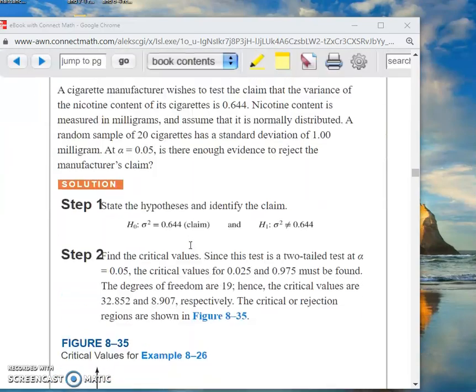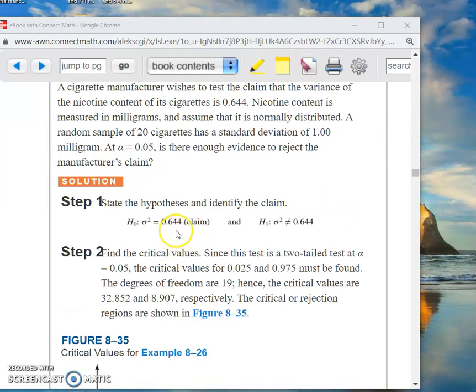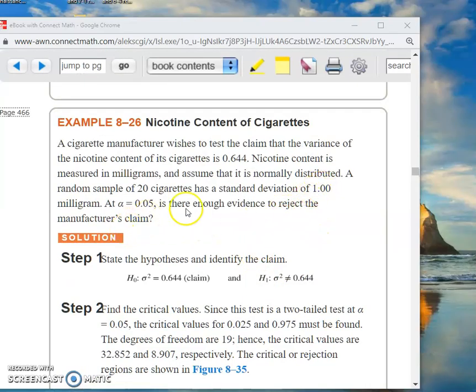I mean, if you really thought about it, wouldn't you say, well, the manufacturer claims 0.644. I did a test and I came up with a sample of 1, okay? I am kind of lost here. Okay, so the manufacturer says the variance is 0.644. I came up with 20 cigarettes that had this standard deviation of 1. Okay, is that significantly different from